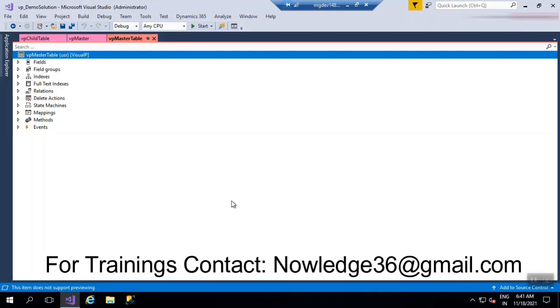Hey guys, today our topic is not based on my decision. I picked up a comment from the comment box, and today we are discussing lookup. There are many ways to create a lookup: using code, or without using code we have an option called auto lookup. So today we are going to discuss lookup using auto lookup.